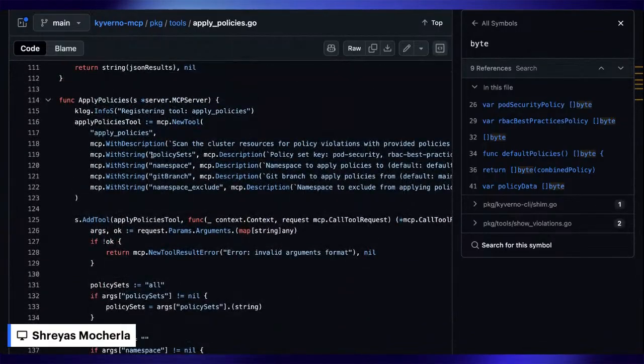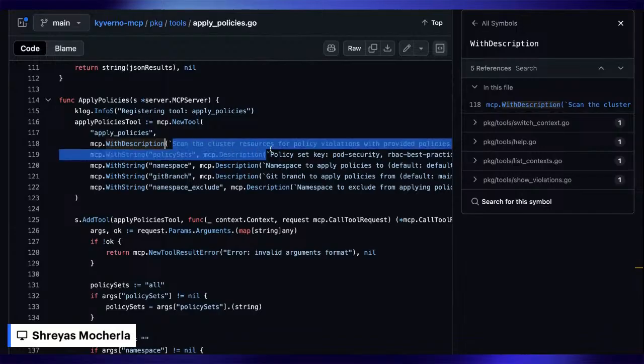So this right here is where we're actually creating the tool, right? So if you see, we're creating a new tool and then we're providing a description. So how does Kagent know when to use this tool? Have you ever wondered that? I've always wondered, if I've just added an MCP server to my cursor or whatever setup, how does it know when to call that exact specific tool, right? And that's done through the description. So the assistant actually has access to the description and says, "Oh, okay, that matches exactly what the user is asking me to. Let me pull that and let me call that specific tool."